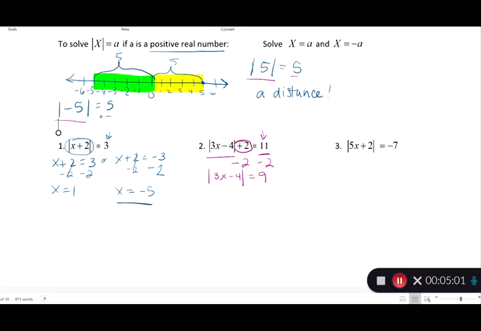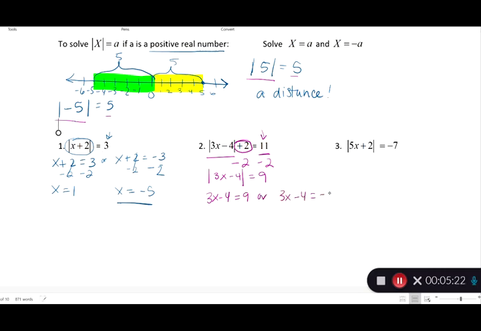Not my absolute value plus some number or minus some number. That has got to be moved first. Think about order of operations. My absolute value's got to be just equal to something. Isolate the absolute value. Now, once I've done that, I can do 3x minus 4 equals 9, or 3x minus